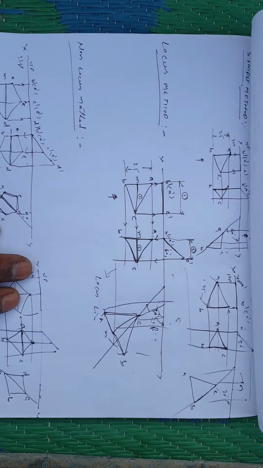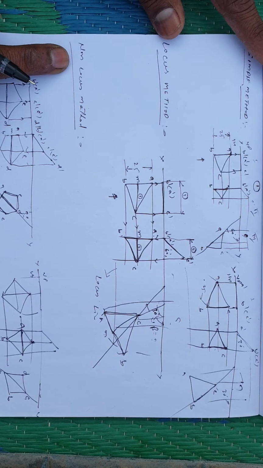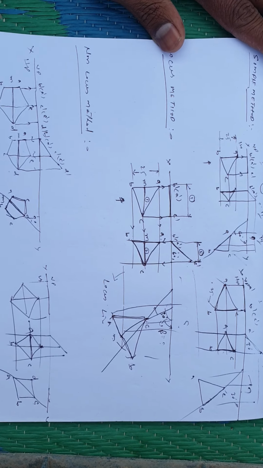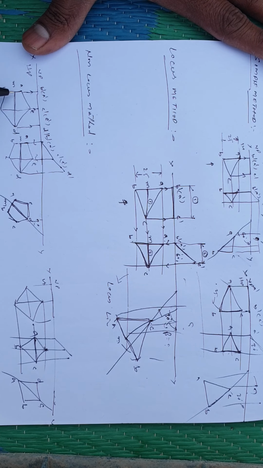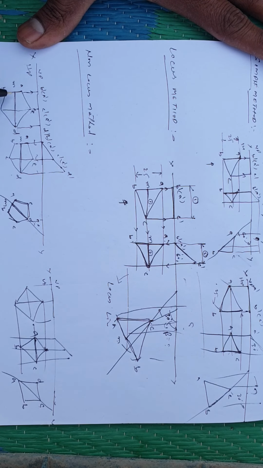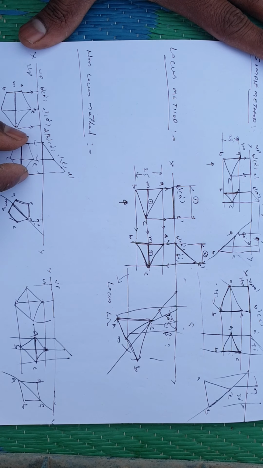So how to complete the non-locus method in the third step? Here assume the given problem is on a pentagonal lamina. First step, second step, this is the bisector. Assume median or bisector. So this is the bisector, and take the given VP line. Whatever median or bisector you got, that line should exactly coincide with the given VP line. Like that you have to transfer this view.